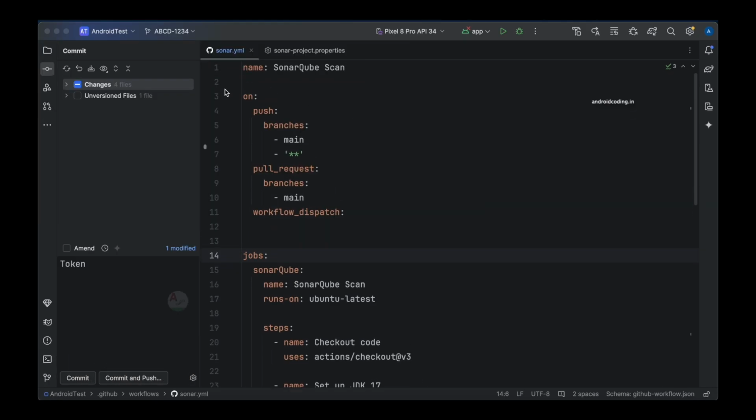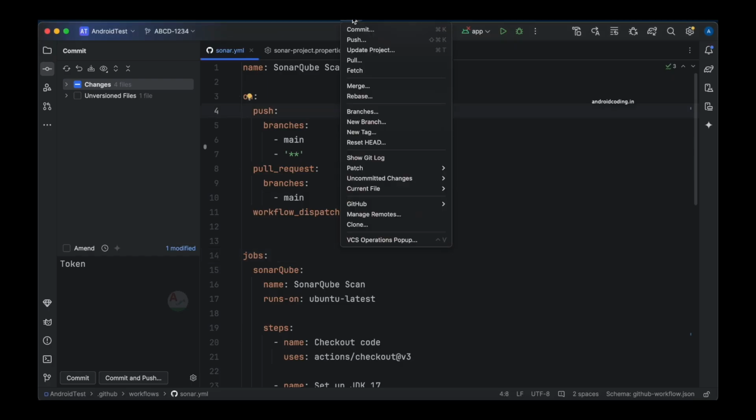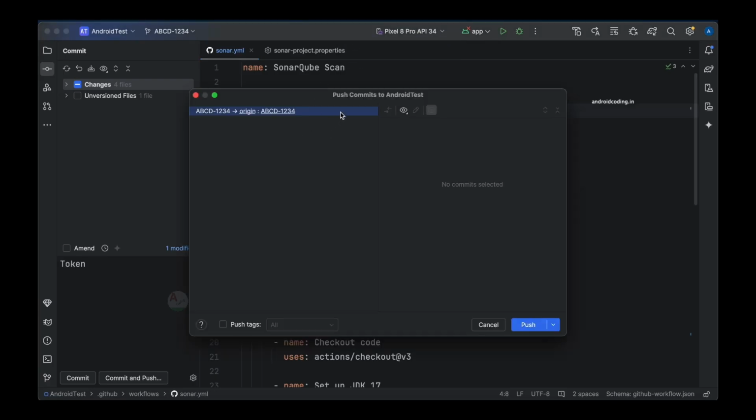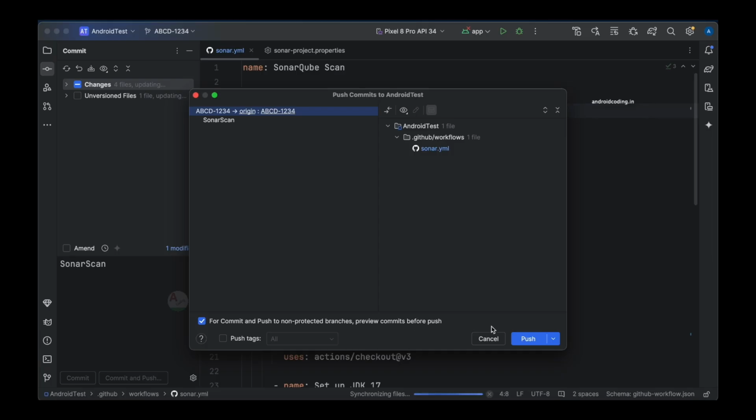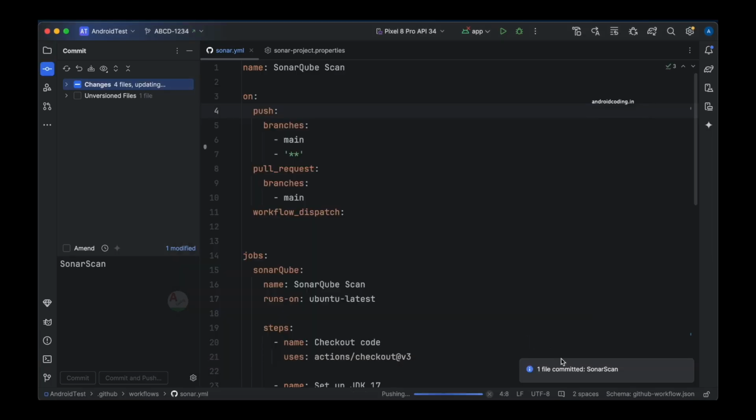Now let's try to push this particular code to GitHub, and from there the code is retrieved onto Sonar. I've just made some basic changes. First of all, let's commit those changes here. I'm going to specify "Sonar scan", a default message just for the tutorial purpose, and I'm making commit and push. Once we push the code,